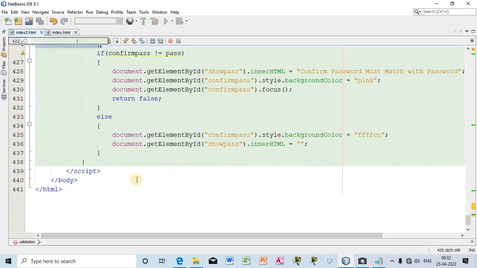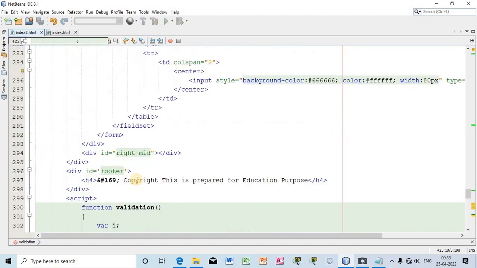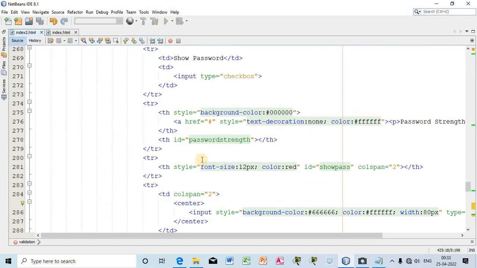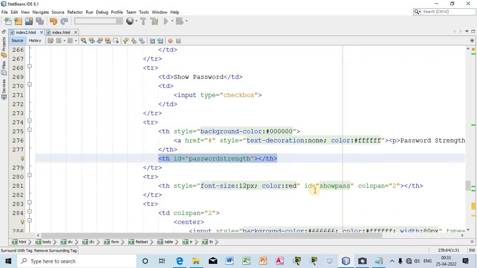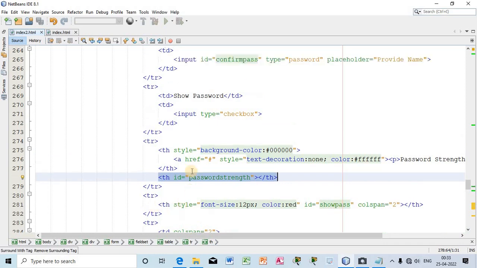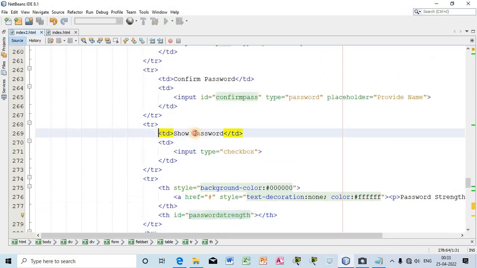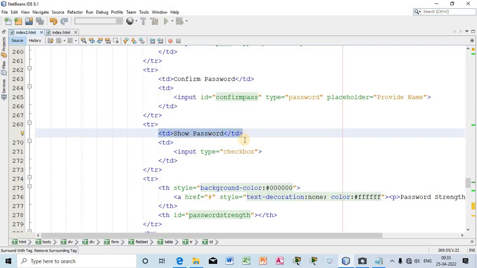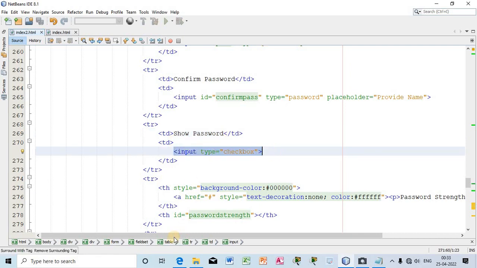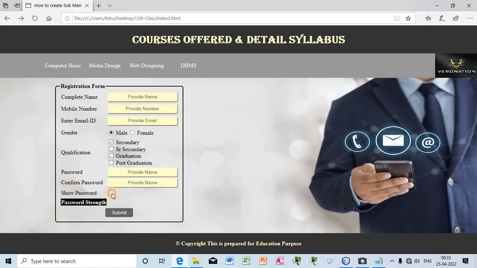So what I will do now, here you can see show password strength. And the option was there, show password. Here is the show password option. You can see this is the input checkbox, this particular checkbox. So here I will write,